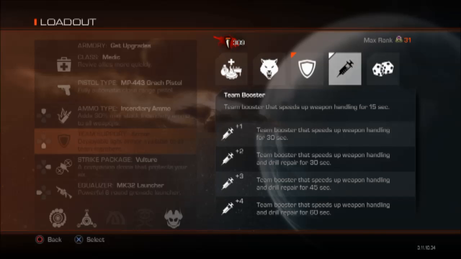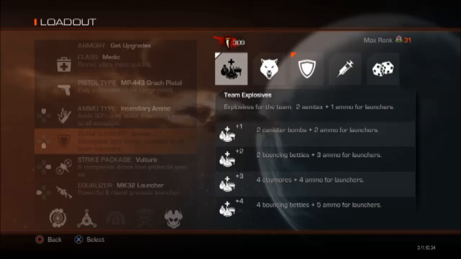Booster is really good for reloading and meleeing. So if it's one of those challenges where you have to melee or shoot a bunch of aliens with certain guns, throw boosters, obviously. Okay, team explosives. There's a way to stack it. I forgot how, but